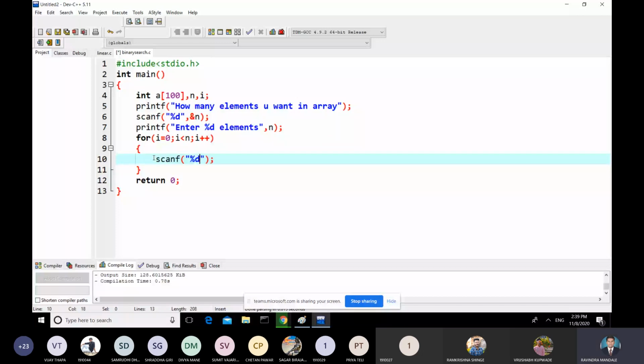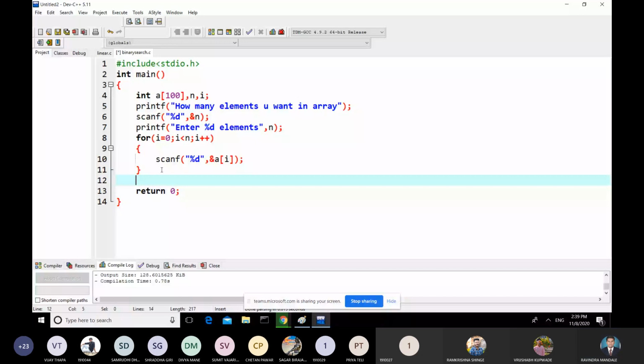Percent d of i, and then you need to read the element that you want to search: enter element for searching. Read that element from the user.